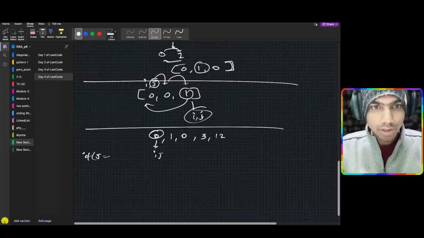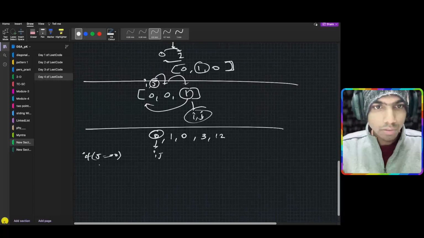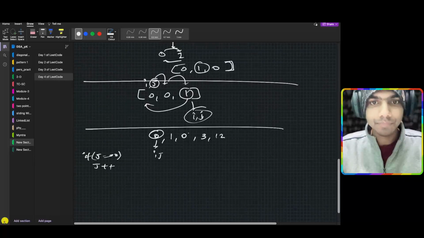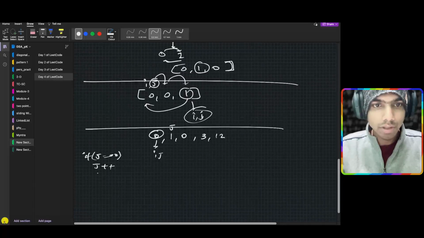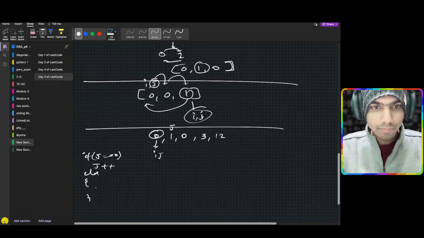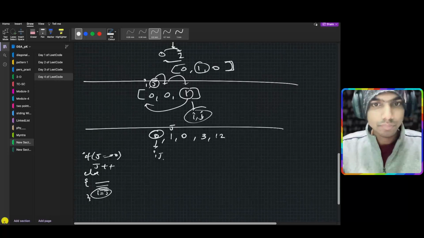If J is 0, J plus plus. So J will go here, and else, swapping, and I is equal to J. So now